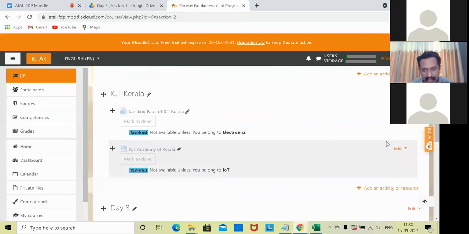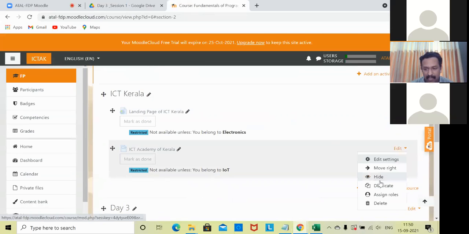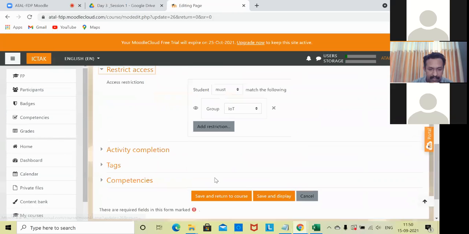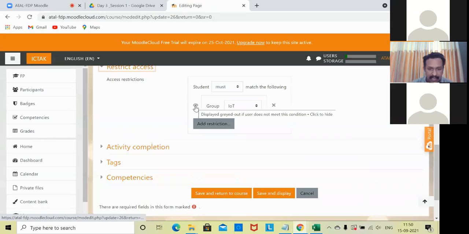An interesting thing you can see at this point, in the edit settings itself, is an icon. This means the link will be available for all users.